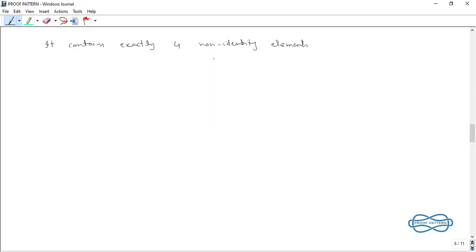So it contains exactly 4 non-identity elements that are x, x squared, x cubed and x to the fourth. Okay. All satisfy the given condition. We can check easily that a to the power 5 is e, where a is any of these 4 elements. Okay. Now